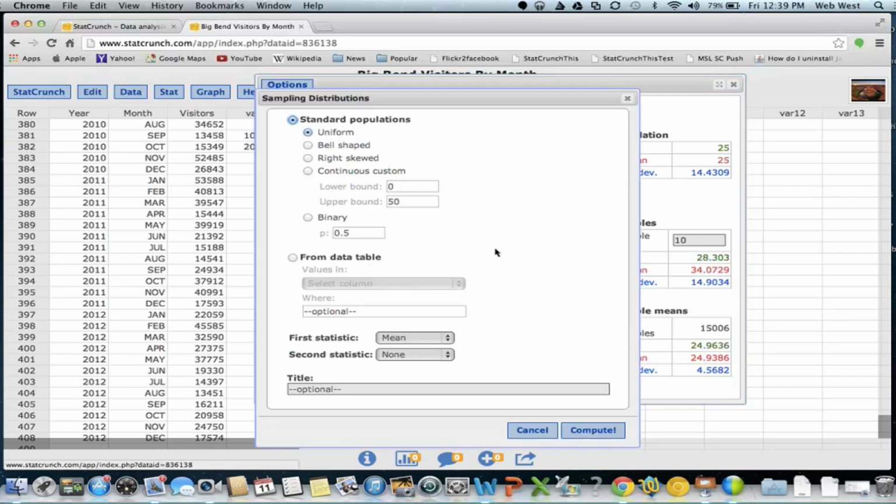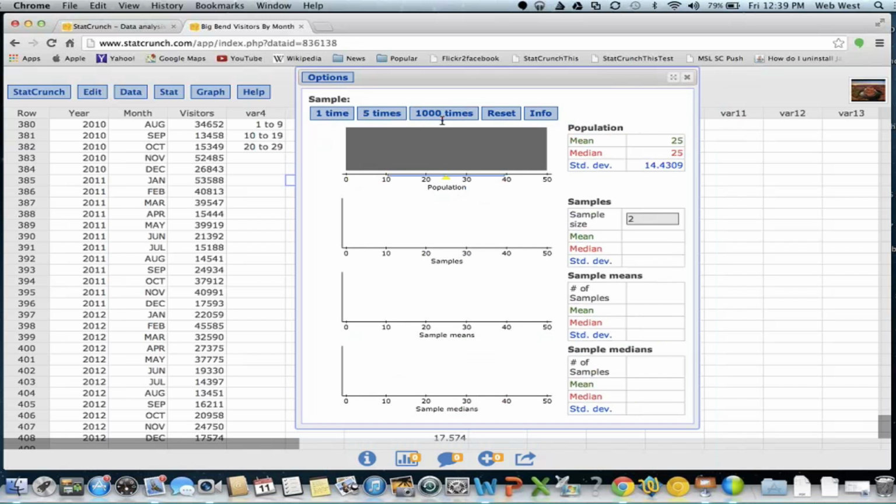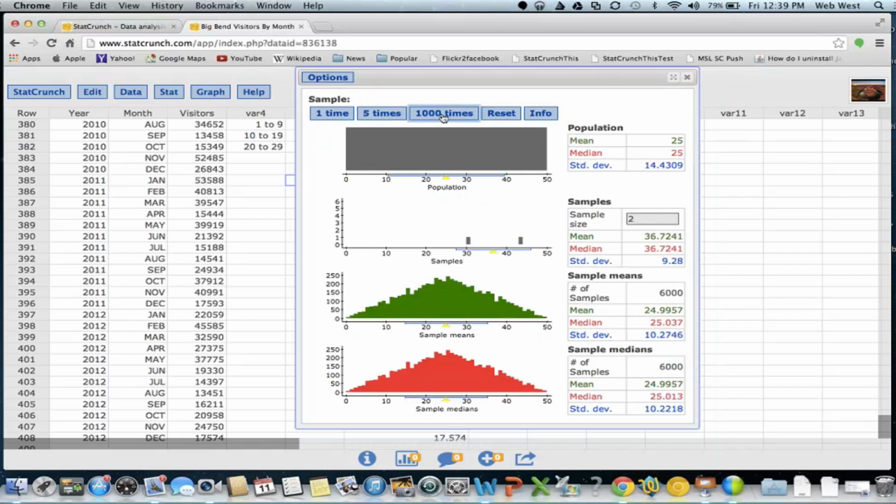Going back here and editing the inputs, you can also specify a second statistic. For example, we might want to look at the median as well, compare the mean and the median. And we can come over here and simulate those. So the red now is the median, sample median. The green is, of course, still the sample mean. The 2 are actually the same when you have samples of size 2, but if we make the sample of size 10,